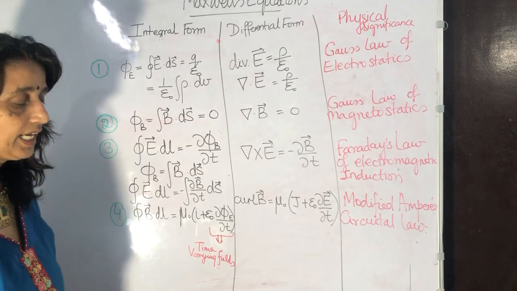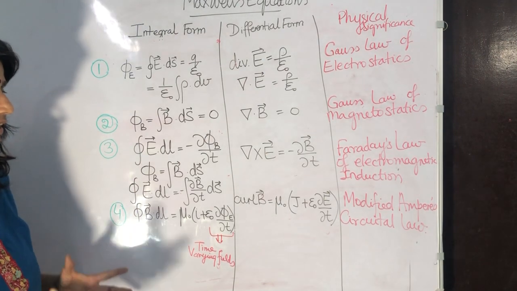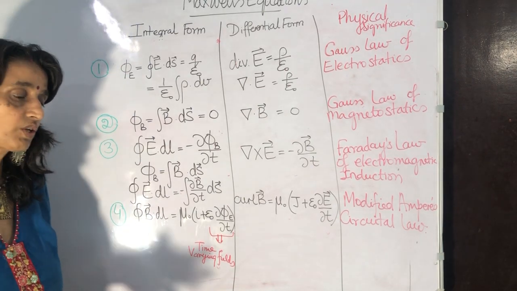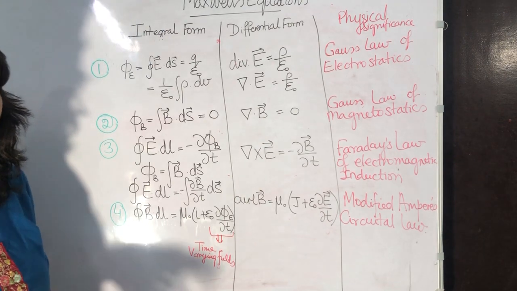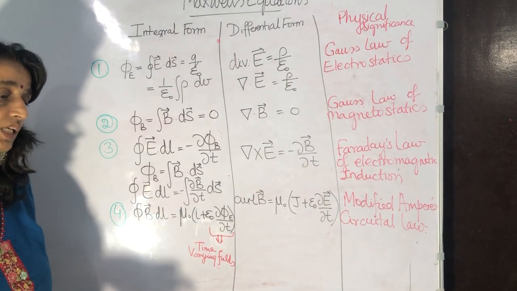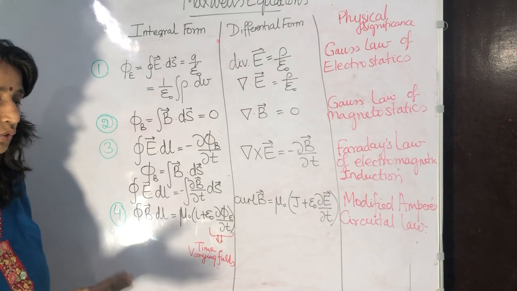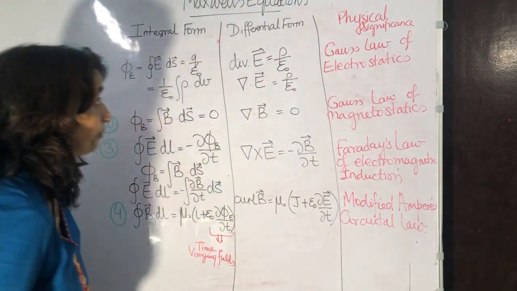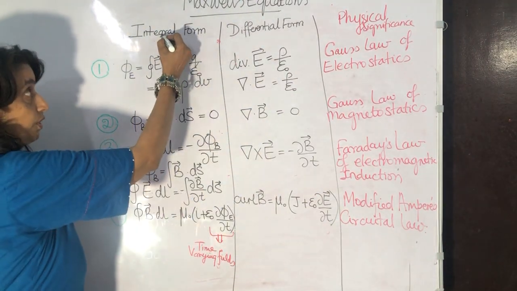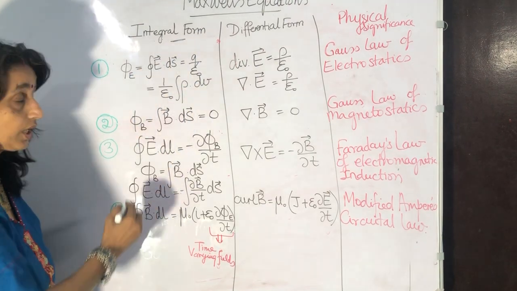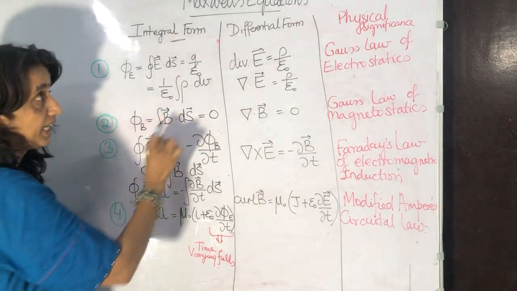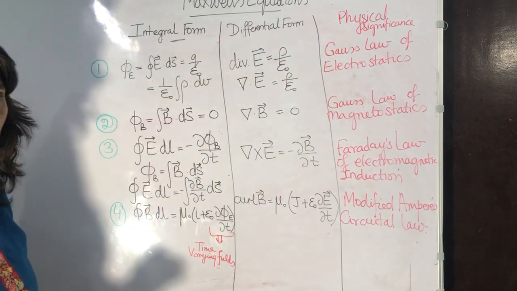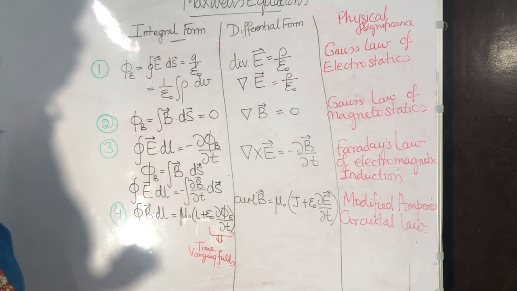So let us begin. Now Maxwell's equations are in many forms: differential form, integral form, Maxwell's equations in free space, Maxwell's equations in conducting media, Maxwell's equations in the CGS system. So we are first going to understand Maxwell's equations. In integral form, that is where we are going to use the integration symbol. In differential form, and the physical significance or the importance of these Maxwell equations, or what they are trying to